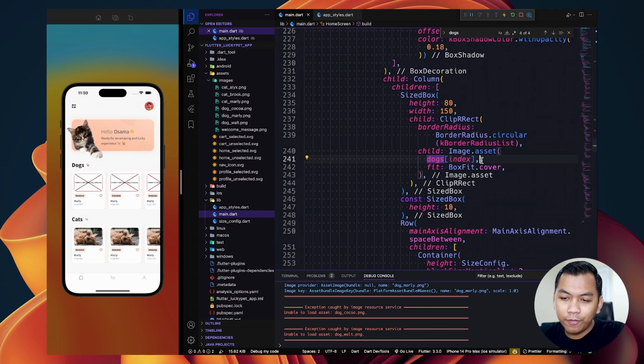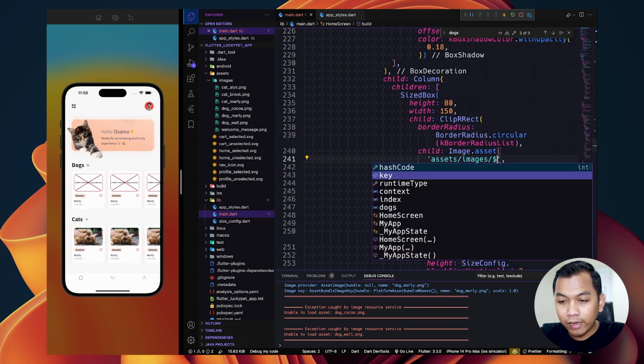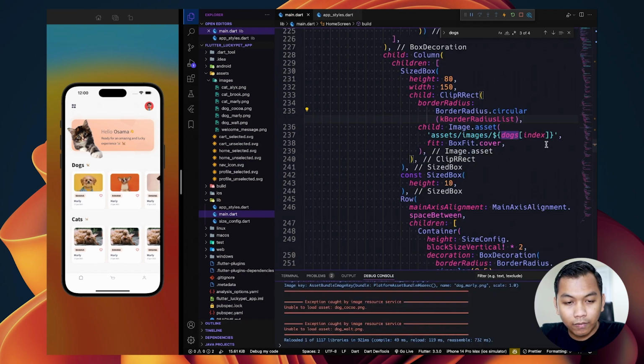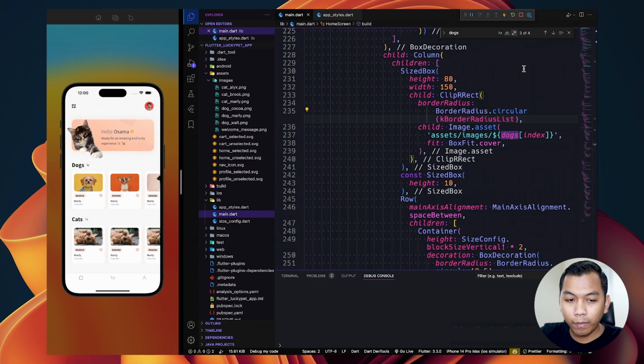Alright, so we can use it like this. So we say assets, images, and then $ sign, and we say doc index, look like this. Alright, so it works.